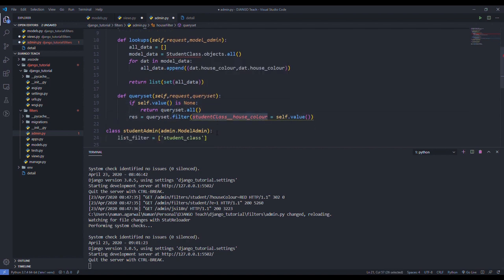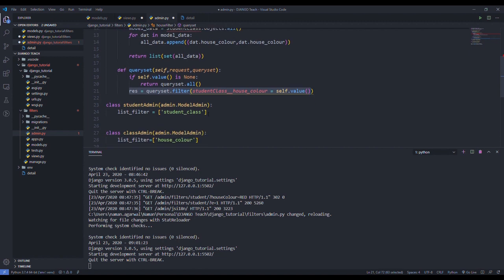Okay, so now I think you all got it. Basically what I'm doing is, if there is no filtering, then it will simply return the queryset dot all. And if there is a particular filter, like a person clicks on red or green, then this portion will return the required result. And the very last thing to do is simply add a house filter here, without double quotes, without single quotes. Got it?